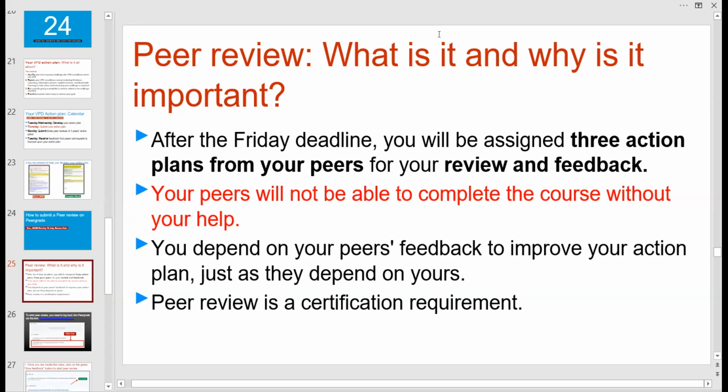Like we said, we have said it from the start of this course, some people may not be able to complete the course if they don't get your feedback. So it's very important. And you also may not complete the course if you don't get feedback from peers. And that feedback has to be constructive, it has to be useful, the comments that you give have to be in the way that you would like to receive those comments yourselves. And we'll go into more details on that during tomorrow's peer support session.